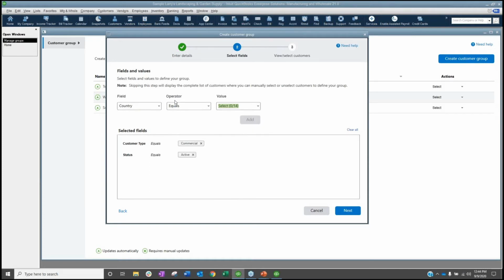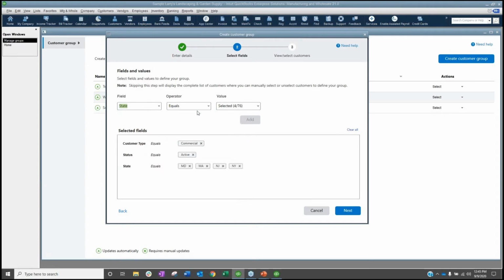I can see state. What's state? Right, so I'm just going to do state equals. And I don't really want to go too deep into all of this, but let's just choose a couple. New Jersey, New York. Okay, so there's a couple. Add, right? So you can see where this is headed. We can do it based off of sales tax code, sales tax item. Okay, so very cool. We can narrow things down based off of fields and values that we have set up.